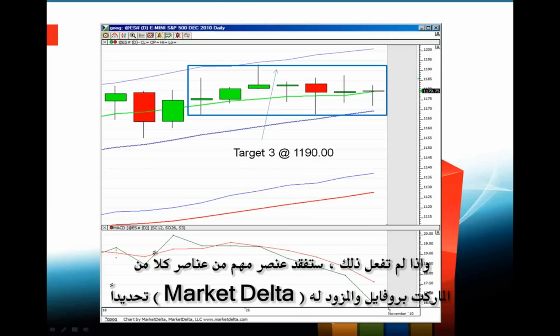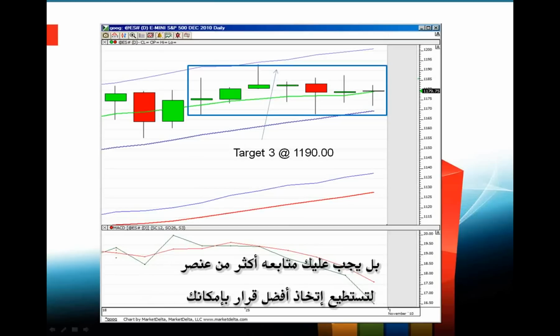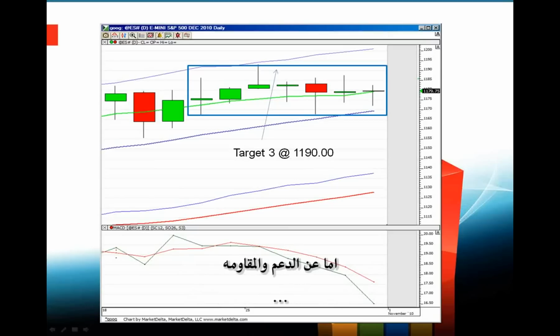And if you're not, you're really missing one of the most important elements of the power of the profile and the power of market delta specifically. So you really need to be looking at the footprint charts, and I always like to say you never want to be looking at just one thing. You want to be looking at a variety of different things so you can make the best judgment that you can. Now, in terms of support and resistance, there are